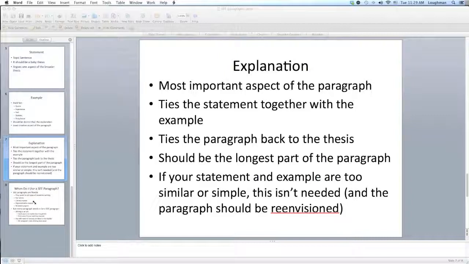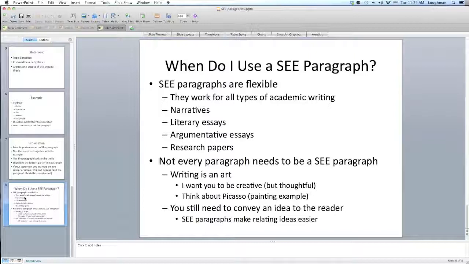Let's take a look at this last slide. When do I use a C paragraph? All right. C paragraphs are flexible. In other classes, I teach personal narratives where you just talk about yourself. You can use a C paragraph for that. Literary essays, when you're writing on novels, you can use C paragraphs. Argumentative essays, research papers, history papers, C paragraphs work in all different ways. All right. And again, you have the statement, example, explanation, all in the same paragraph, and it's just for body